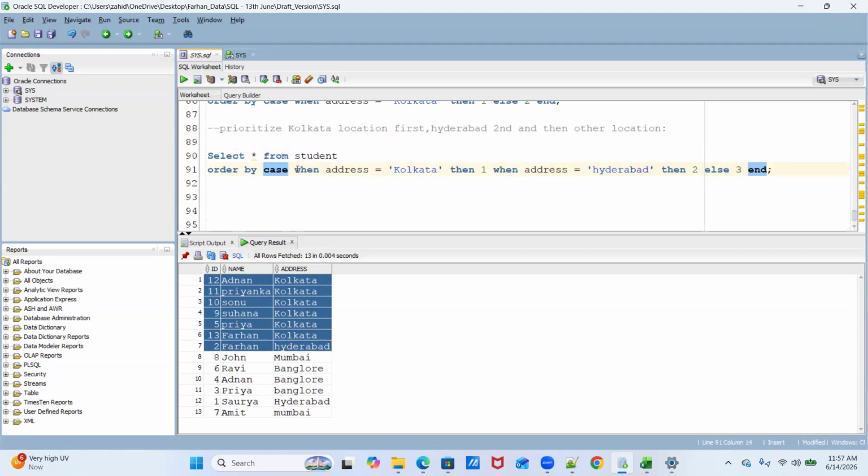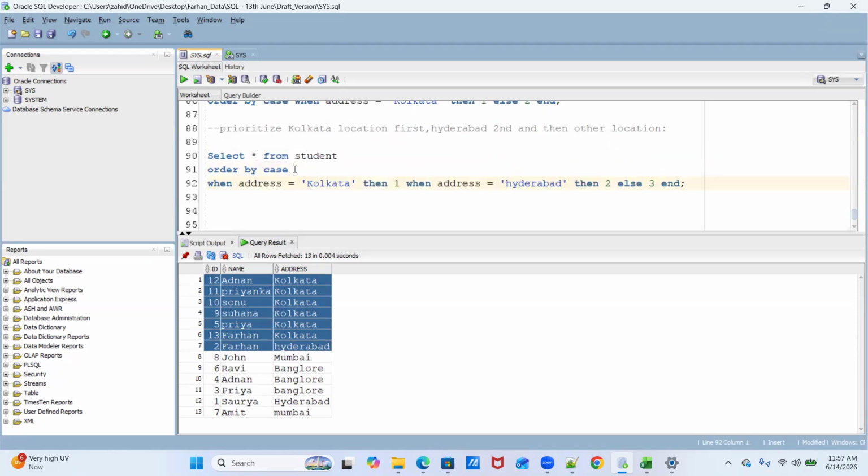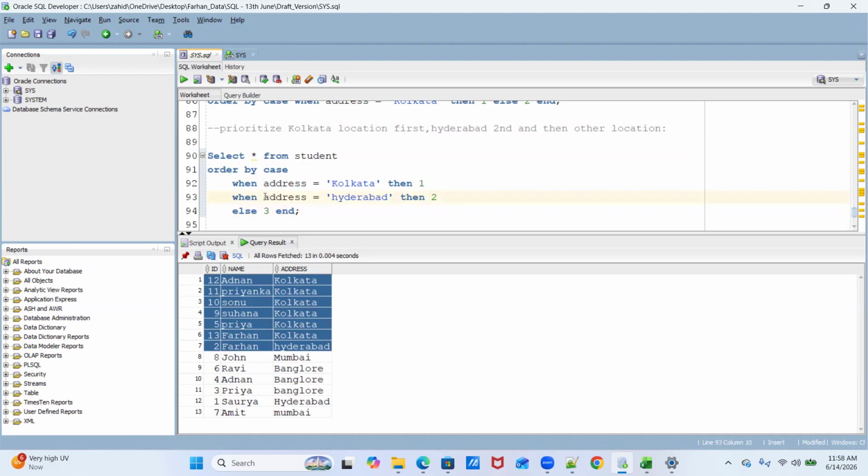Any idea? Let's just format the query. Okay, no issue. I will explain it again.